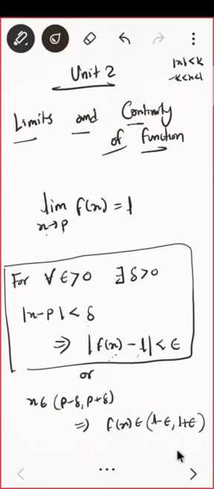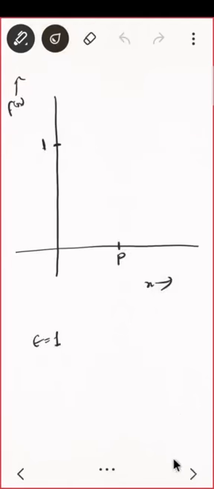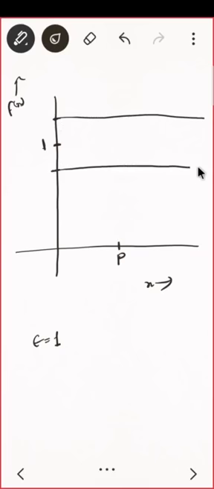So what should you do? I am giving you the value of epsilon, so epsilon equal to 1 you know, and L is given to you, so you will form an epsilon band. Better to say epsilon band. So you'll form an epsilon band for this, that is L minus epsilon and L plus epsilon. In particular, if you are taking epsilon equal to 1, then it will be L minus 1 and L plus 1. Okay, this is what you are having.